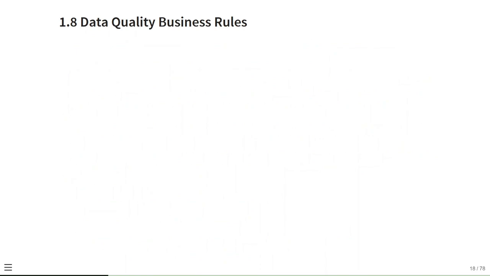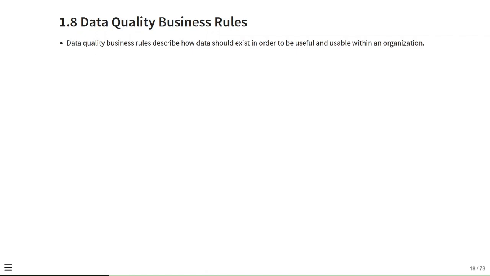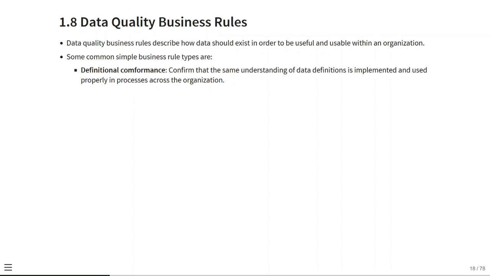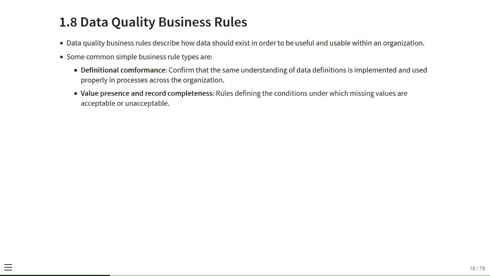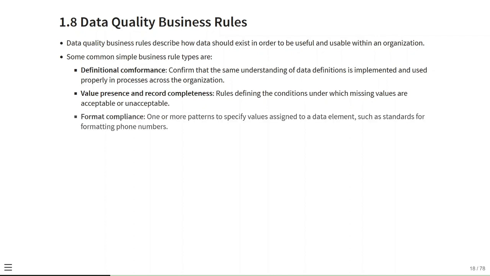Data quality business rules. Data quality business rules describe how data should exist in order to be useful and usable within an organization. Some common simple business rule types are: definitional conformance, confirm that the same understanding of data definitions is implemented and used properly in processes across the organization; value presence and record completeness, rules defining the conditions under which missing values are acceptable or unacceptable; format compliance, one or more patterns to specify values assigned to a data element, such as standards for formatting phone numbers;